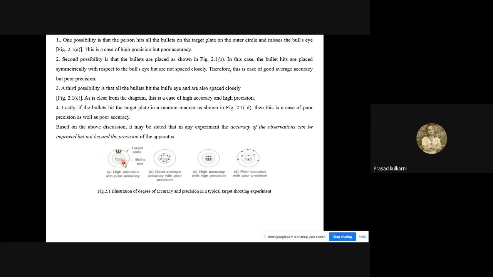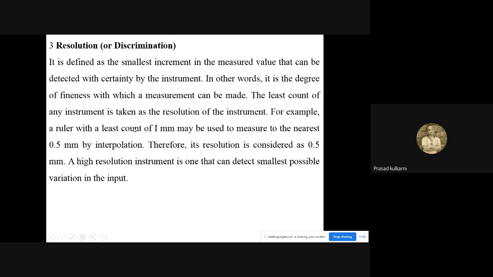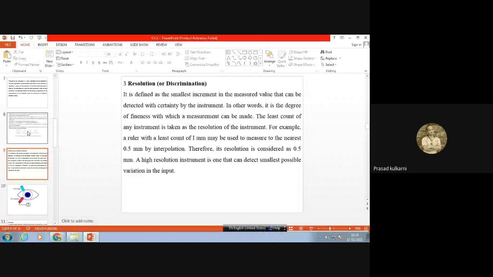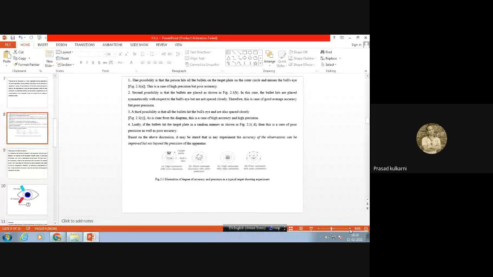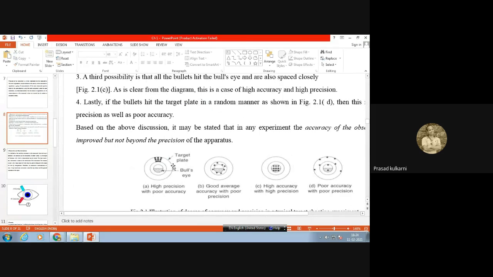Is this figure visible to you? I will zoom the figure now. Just wait so that it will be visible to you. Okay. This is the figure, and this is the target plate, and we want to hit the bullseye. We want to hit the center, but sometimes what happens? We miss that target, and our hits land on the outer plate, and this is what is called high precision with poor